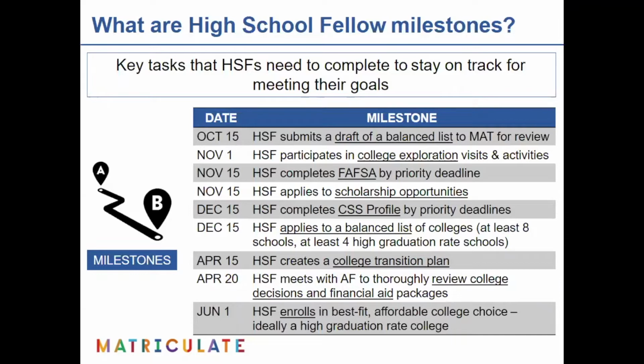The first is that in the college process, it's important that students are proactive rather than reactive. By submitting important documents early, students will have time to troubleshoot, follow up, and make sure they have everything submitted correctly. Second, if we notice that a student is behind on these milestones, this provides a bit of troubleshooting time for you and Matriculate staff to intervene with the student before the deadline. For example, with the December 15th college application deadline, we know that most colleges and high schools go on break around this time, so we want students to maximize their resources before break begins because they might not have access to support when it matters most.